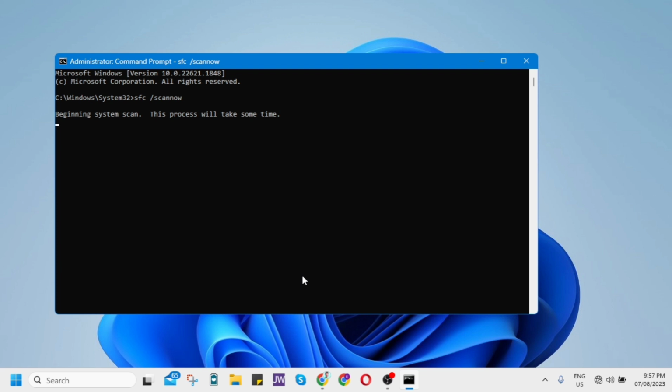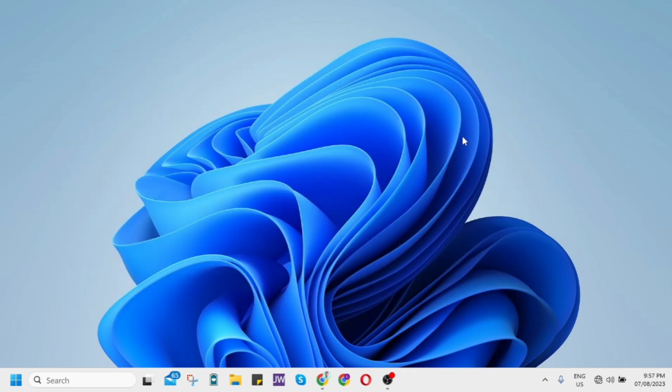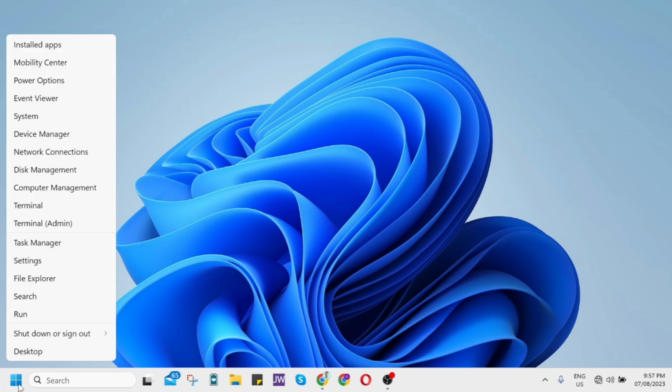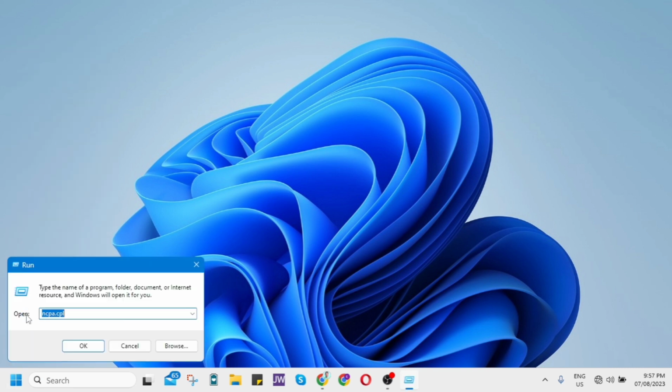Now let's go and close this window right here and let's go to the fourth method on how we can fix this problem on your Windows. So you just go to the start menu and right click the start menu icon, then click on this run button. And here on the text box, you need to type right here